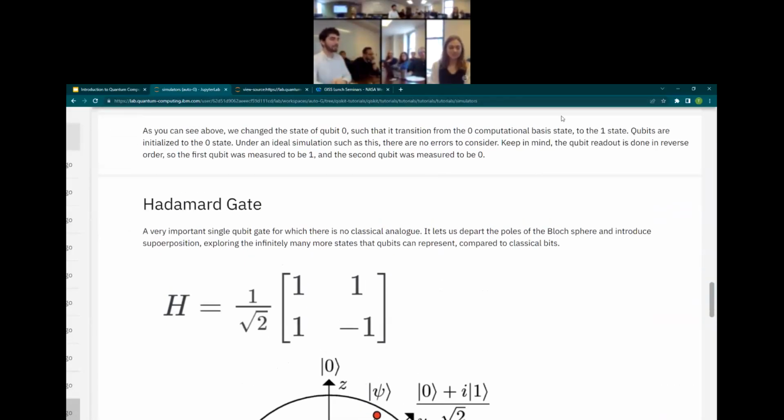Now, let's talk about something that is quantum. This is kind of the most iconic quantum logic gate, in my opinion. It's called the Hadamard gate. This is how we start changing the state of the qubit from something classical to something quantum. So the Hadamard gate, which is represented with this matrix, takes a qubit and puts it into something called a